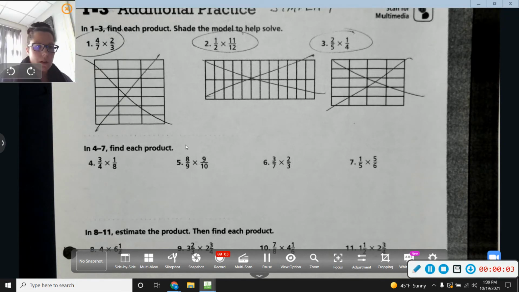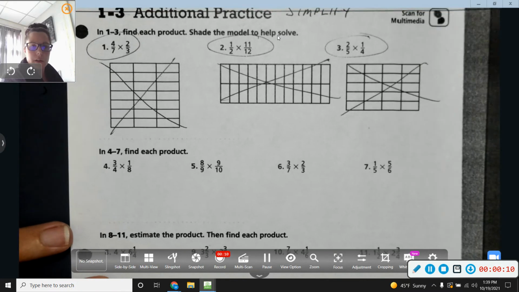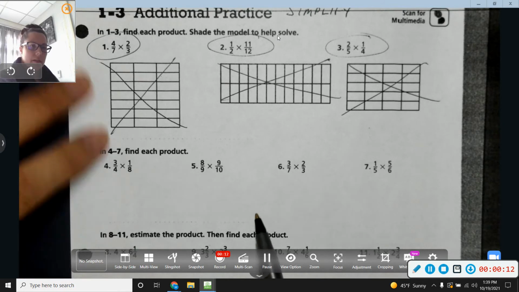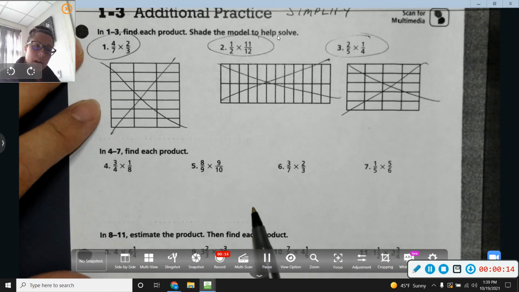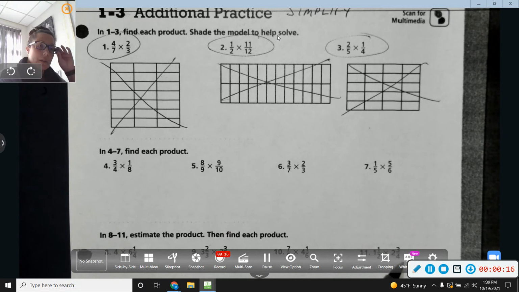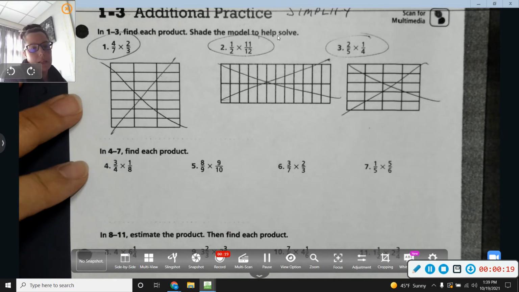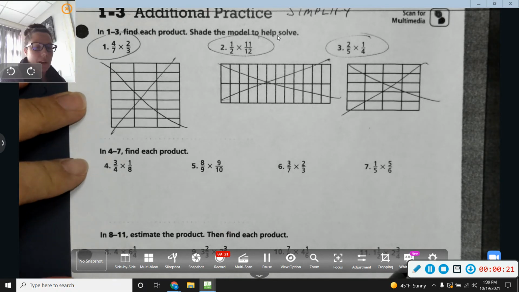Hi guys, we are going to work on 1-3 additional practice. So let's get started. We're multiplying fractions. Okay, we do need to simplify, and a multiplication chart will be really handy for you to have during this